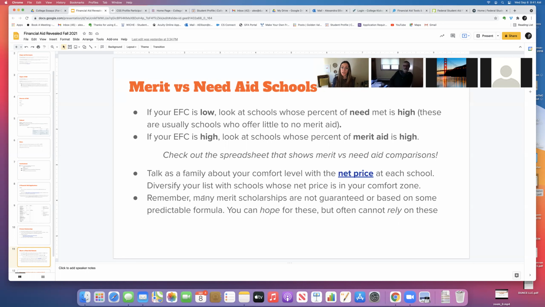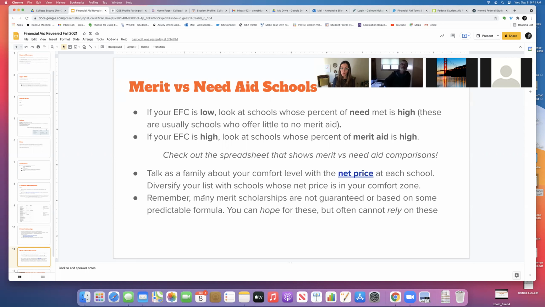But this is a really good time to sit down with that final list of schools that your student's been building over the past several months and really have a frank conversation about affordability. Is the list of schools diverse enough to help you sleep at night, where you've got a few schools on the list where you can afford the sticker price, or a few schools where you're eligible for need-based aid because it's a formula and it's very upfront? And talk with me if you're not feeling comfortable about the list of schools.